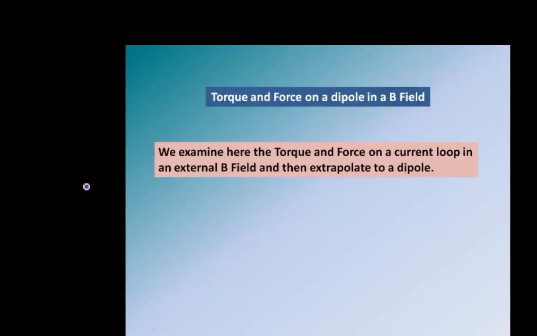So let's take a look at the torque and force on a dipole in a B field. We're going to start with a current loop in an external B field, and then we'll extrapolate to a dipole. These concepts are very important for looking at the way, for example, molecules and atoms with dipole moments interact with